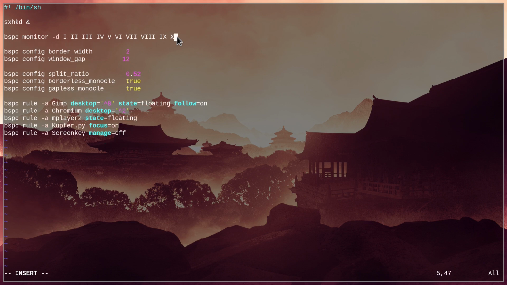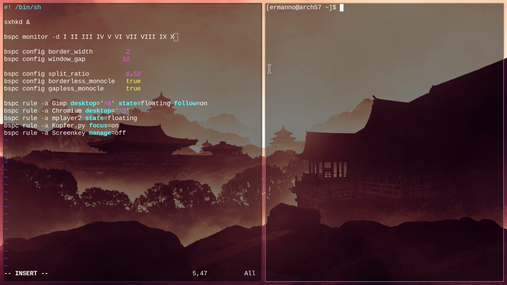There you go. Now here we can configure the border width, which is the one we see around the window. 2 is fine for me, but if you don't like it, you can change it accordingly. The same goes for the window gap, which is the gap between these two windows here. 12 is fine for me because I like to have a little bit of space between the windows. If you want more or less, you can change this value accordingly. Same goes for the split ratio, and we also have two options here for a gapless and borderless monocle